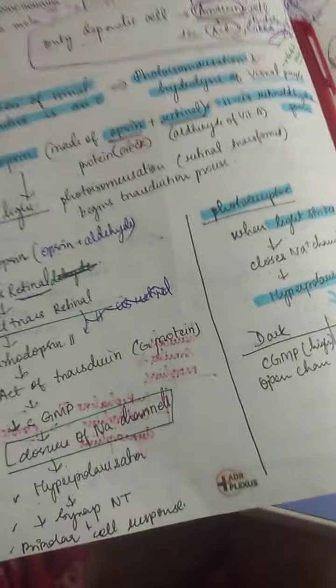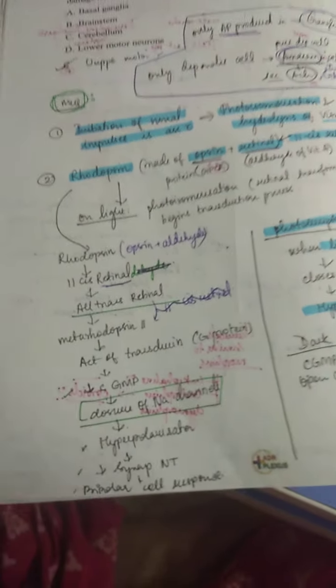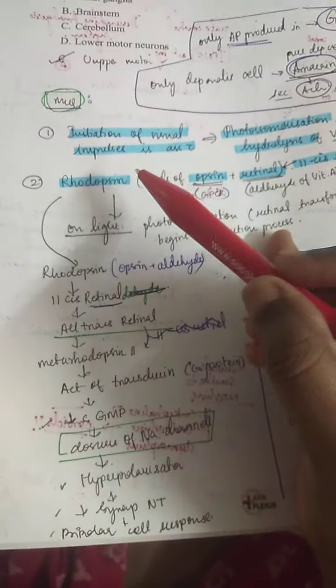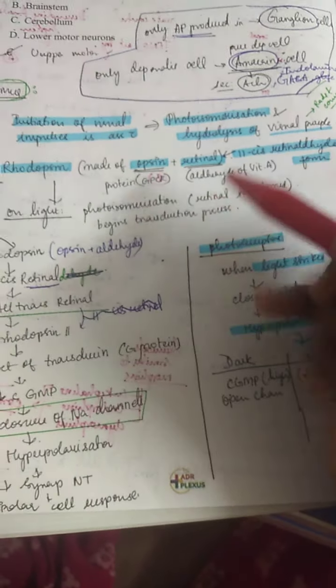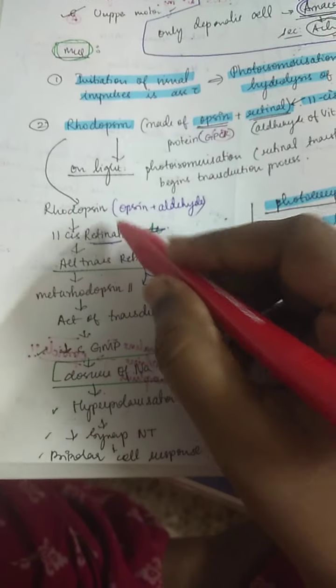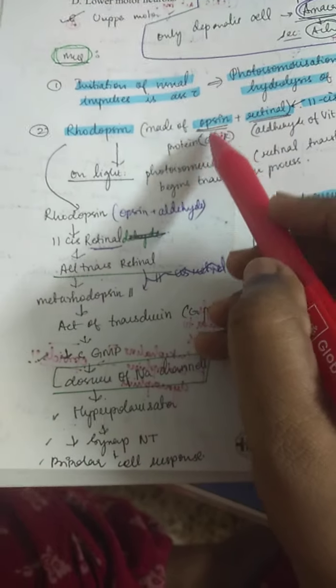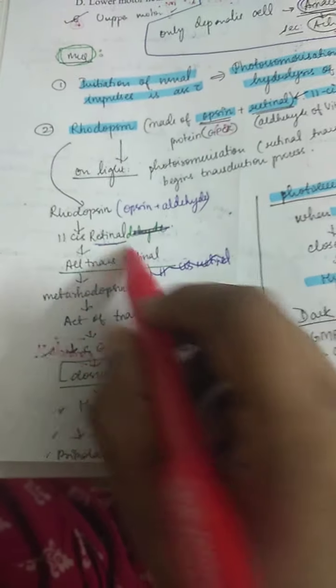Today's topic is vision. After knowing the layers and the styles of retina, there's a chemical process by which you perceive the vision. There is a lot that happens. For initiation of a visual impulse, there's a photoisomerization and hydrolysis of the visual rods and cones, and this is not so important. But rhodopsin, which is a combination of opsin and retinal, or 11 cis retinaldehyde, is converted to 11 cis retinol,